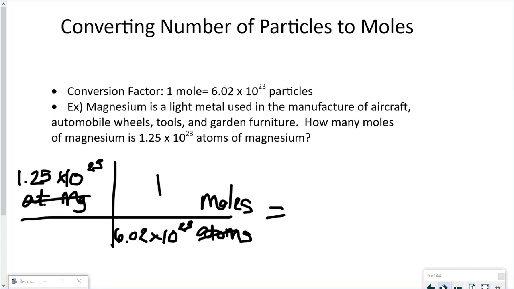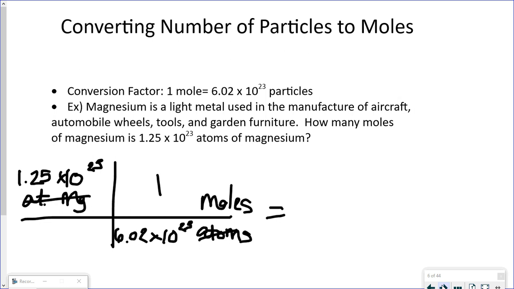We need to type in the calculator. Here's where it can be tricky because your calculator sometimes will not do the proper order of operations that you want when you have numbers in scientific notation. So you either want to make sure that you put both numbers in scientific notation in their own set of parentheses, or you want to use the EE button on the calculator. So you can type this in: open parentheses, 1.25 times 10 raised to the 23rd power,